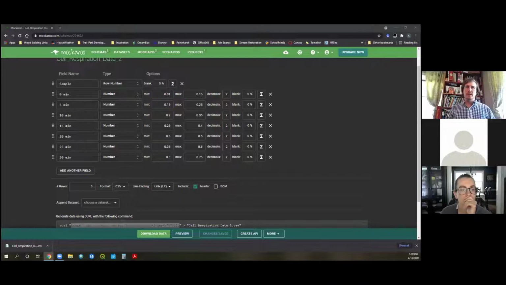So the students never have access. If you share the link with them, the students never have access to the schema. They can't go in and download the schema. They can't see the schema to even interpret it. They can't alter it. All they get is the randomized data from the Excel file. So it's pretty secure in terms of what students see from you from Mockaroo. And I like that aspect as well.